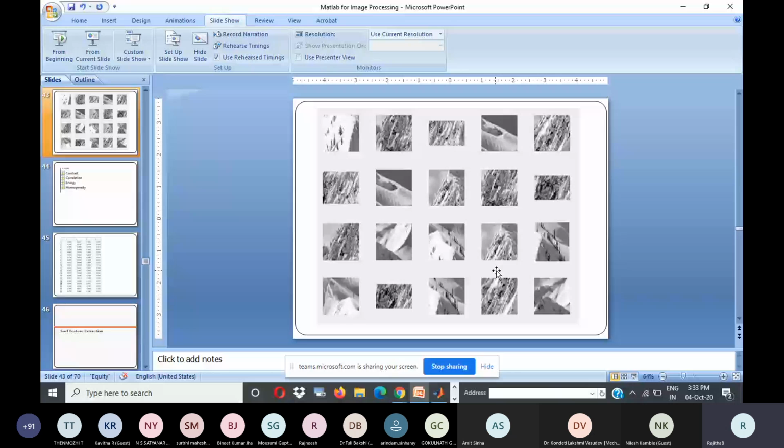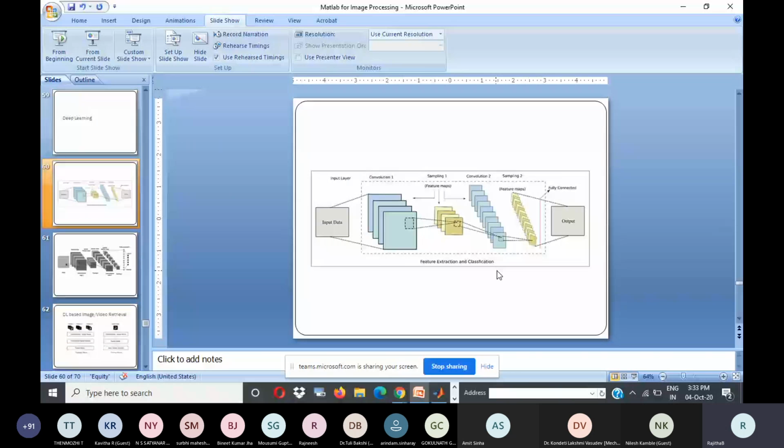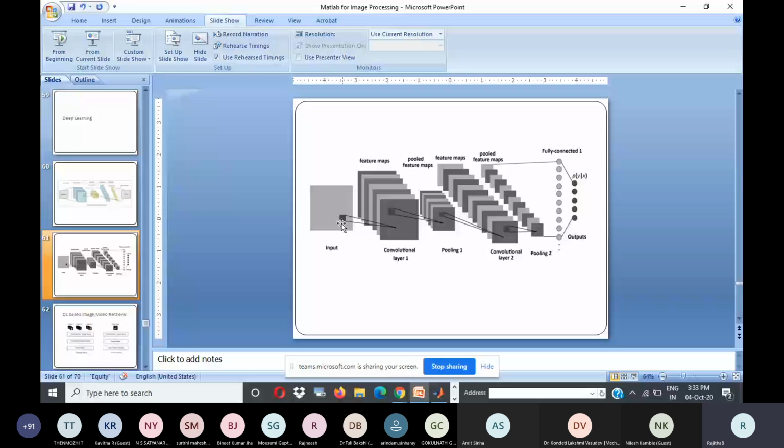This is the process that was discussed in yesterday's lecture, so I'm not going into depth, but I have the image, the convolution layers, pooling layers, convolution layer 2, then pooling layer 2, and so on. Like this you have multiple layers, and finally the fully connected layer and classifier layer.